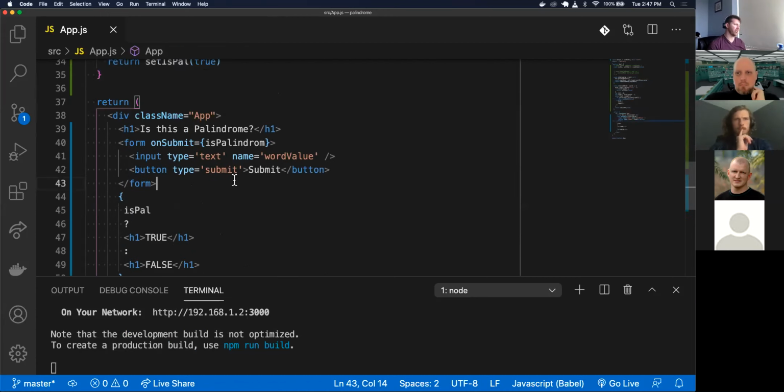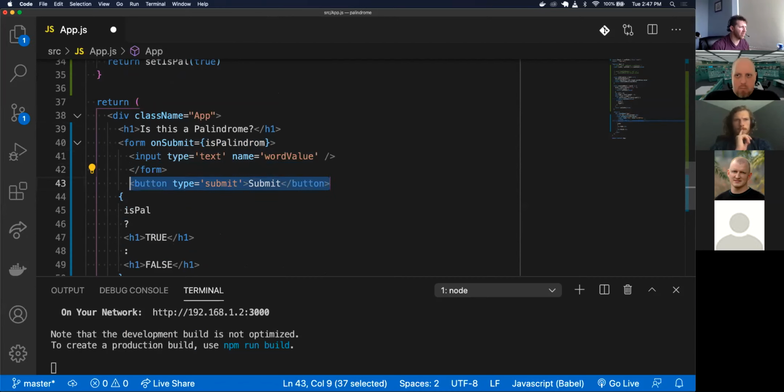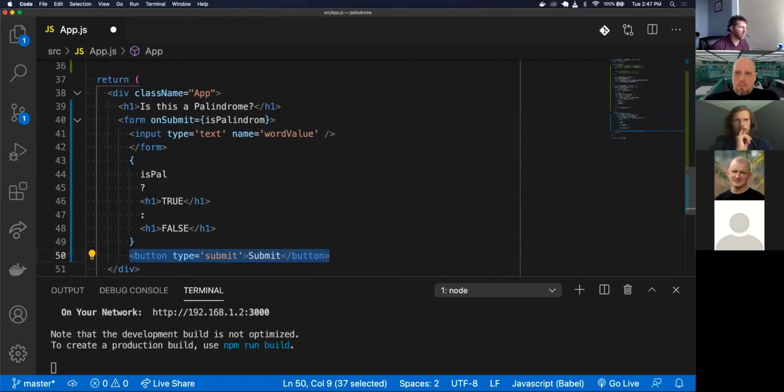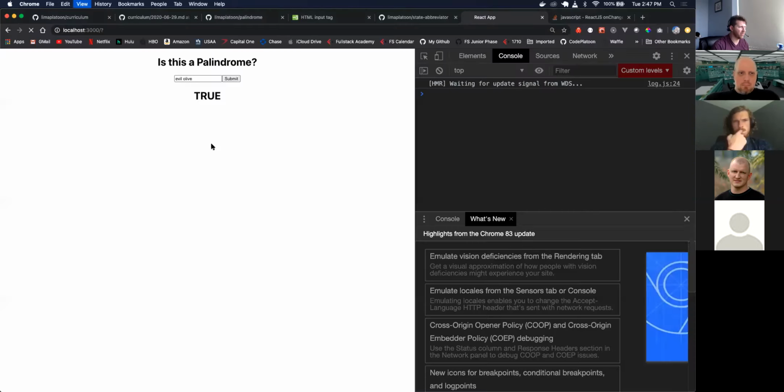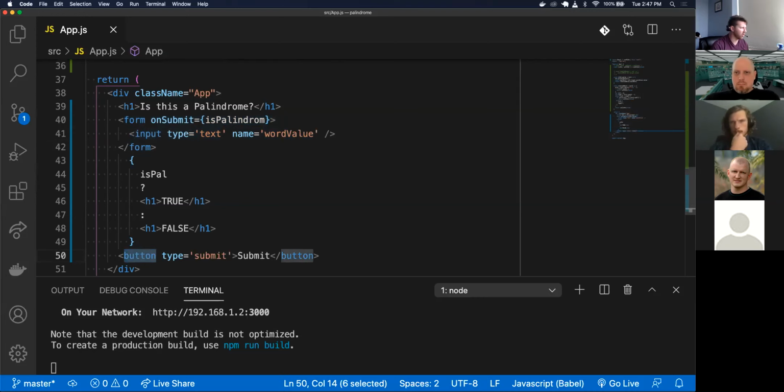And lastly, I just kind of want to show you something. Up until this point, we've been putting buttons within the forms. You can actually remove the button from the form. But now, this form, there's nothing connecting this button to this form anymore. So if I refresh, I can say like that and submit it. There's nothing connecting this button to the form. In order to do that,